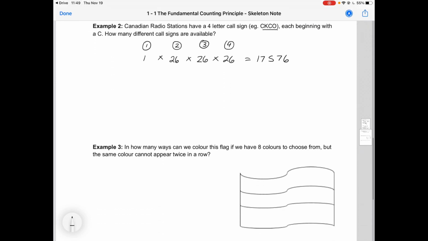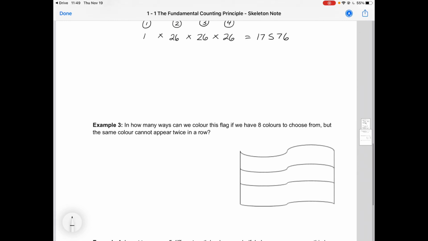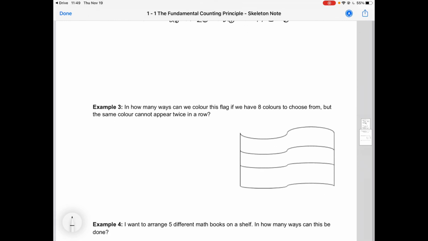Another example here talks about what happens if we can't have a repeated color. So we've got 3 rows on our flag here, R1, R2, and R3. And we want to know how many ways can we color the flag if we have 8 colors to choose from, but the same color can't appear twice in a row. So for R1, we've got 8 choices because we have 8 colors. For R2,